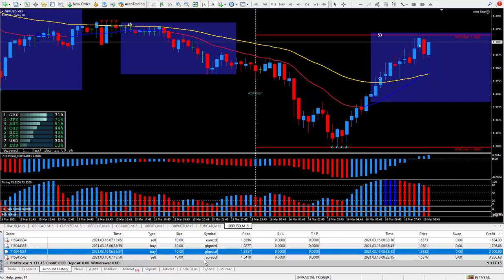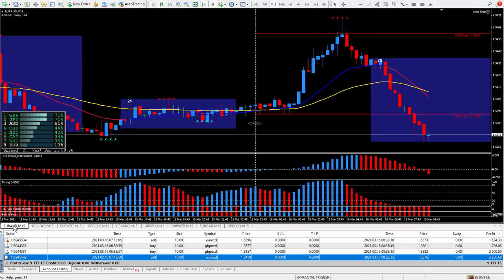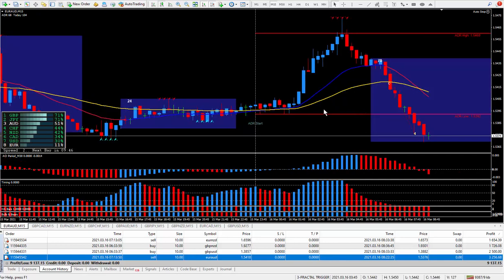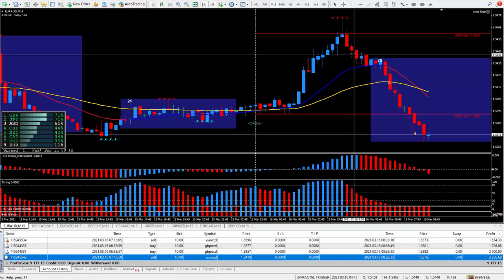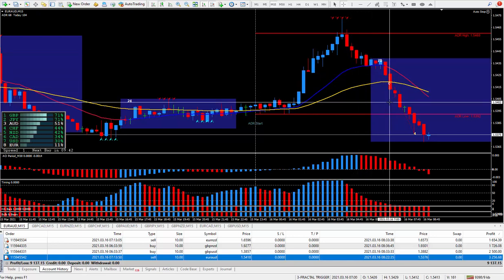So let's move on to the Euro Aussie, my last trade. This one I sold. Let's drag and drop it up, see where I got in at. And this one is exactly the same, just how to trade around the goal line. Getting in way back here would have been better, but I was sleeping, and by the time I saw it, this trade was